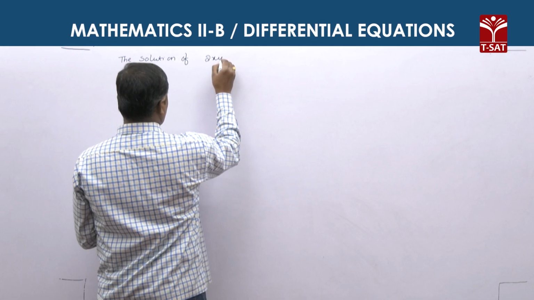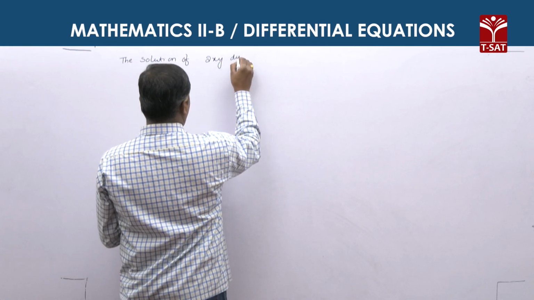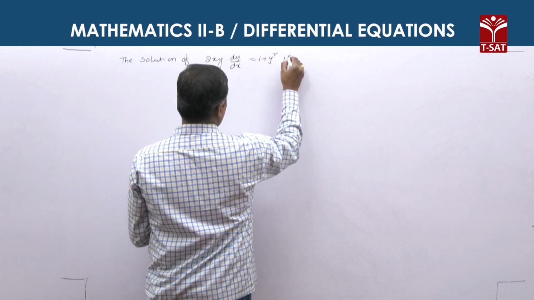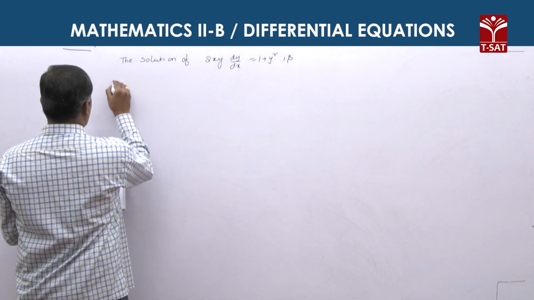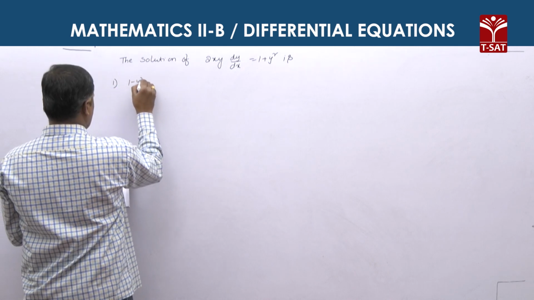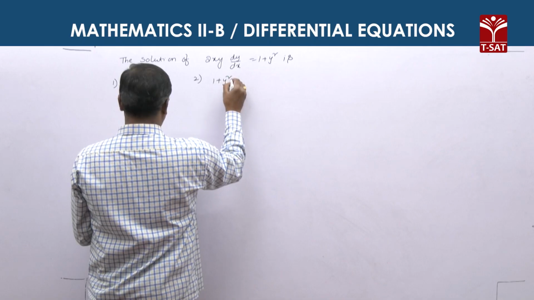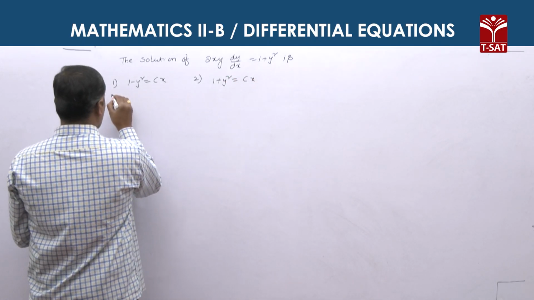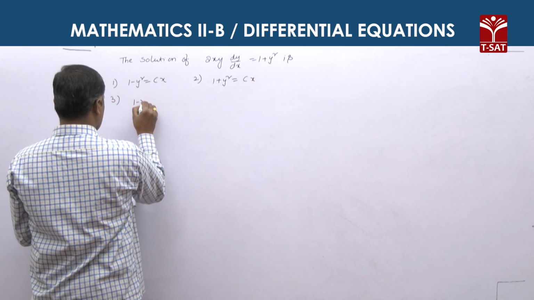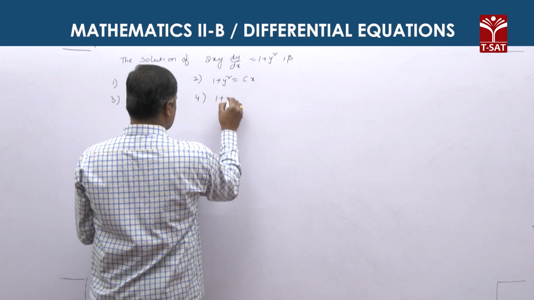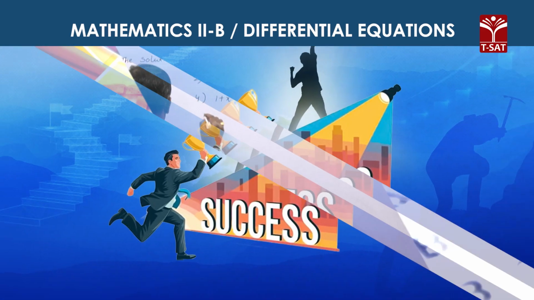Next question: 2xy into dy by dx is equal to 1 plus y square. First option, 1 minus y square is equal to cx. Second option, 1 plus y square is equal to cx. Third option, 1 minus x square is equal to cy. And fourth option, 1 plus x square is equal to cy. Solution: